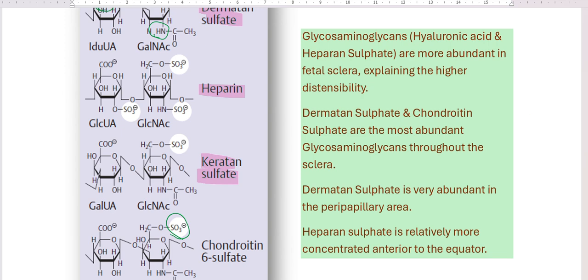But they are not present in the sclera in the same concentration everywhere. For example, in the peripapillary area, dermatan sulfate is the most abundant. Chondroitin sulfate is more abundant behind the equator,